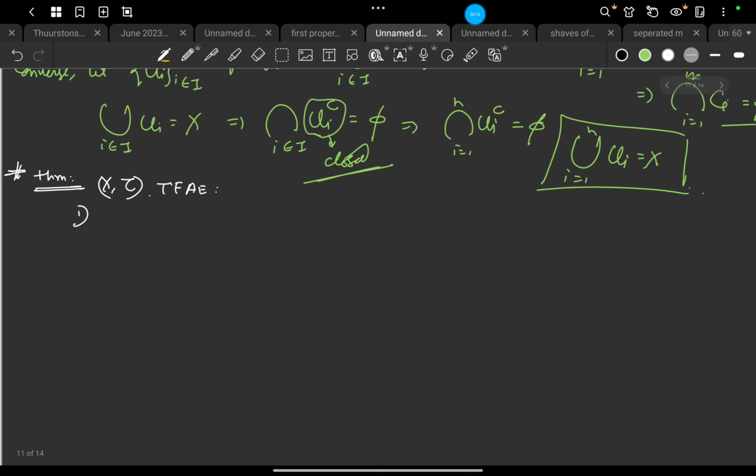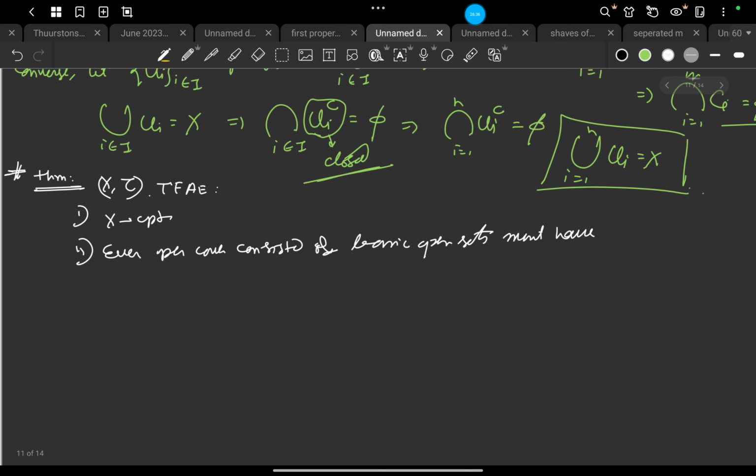First, X is compact. Number 2, every open cover consisting of basic open sets must have a finite subcover.